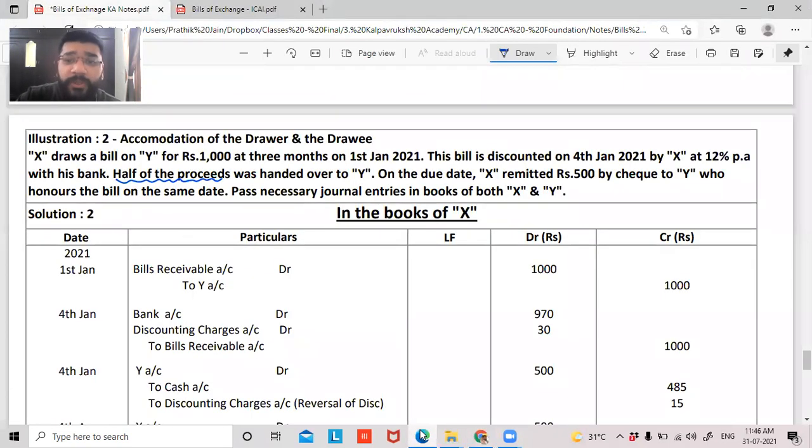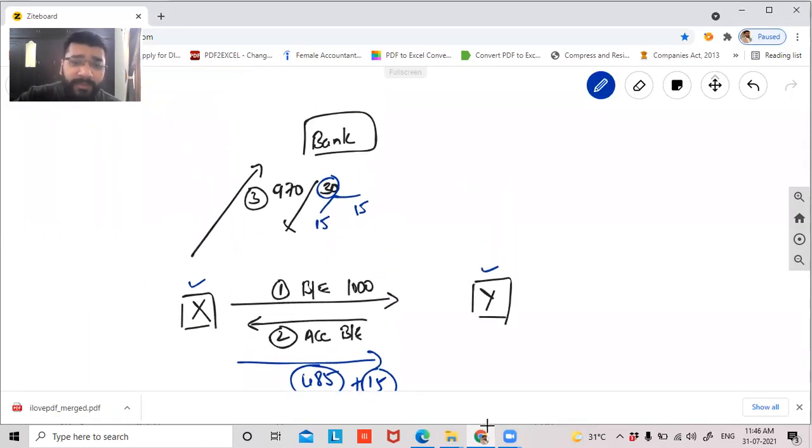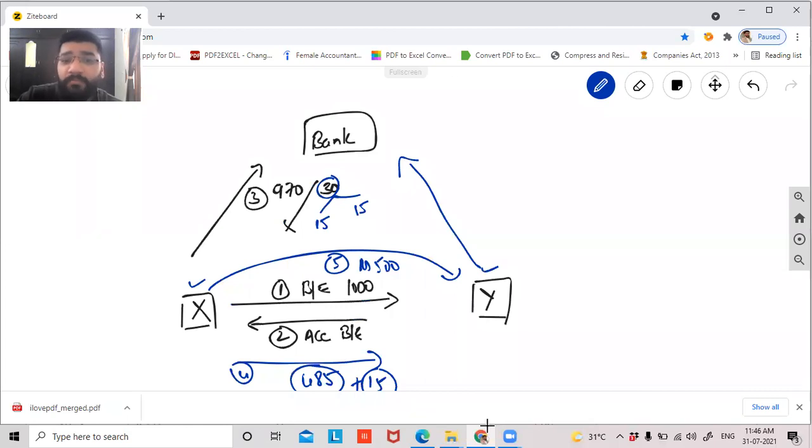Next, on the due date, X is giving the 500 because Y is the person who has to pay the money back to the banker, guys. Y is the person who's supposed to make the payment to the banker. So the fifth step is that payment of rupees 500 is made to the banker. And finally, guys, Y will give this money to the bank on the due date. The bills of exchange, bills payable will be honored on the due date. So the sixth entry is settlement of the bill: 500 of X plus 500 of Y. So the total amount of 1000 is being settled to the bank. So this is the process, guys.